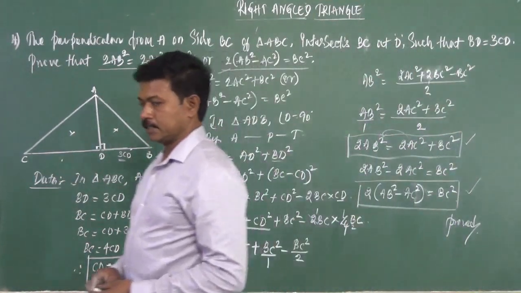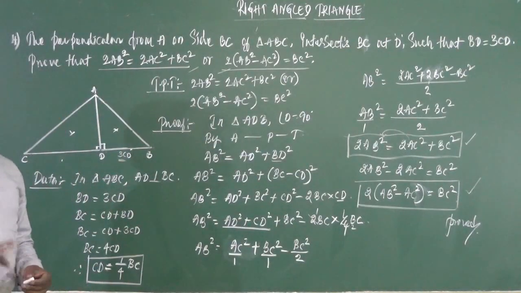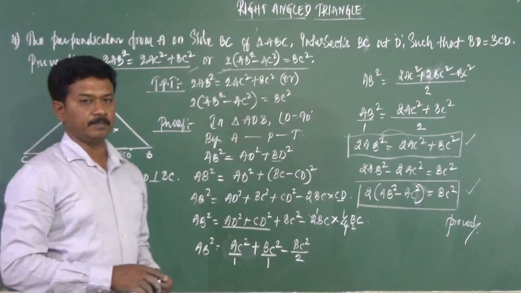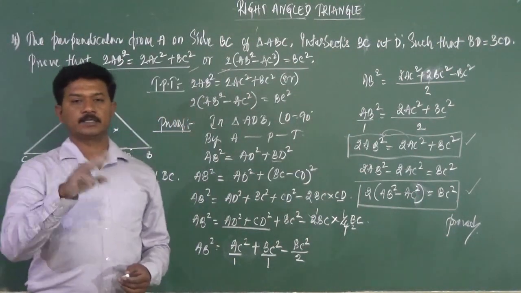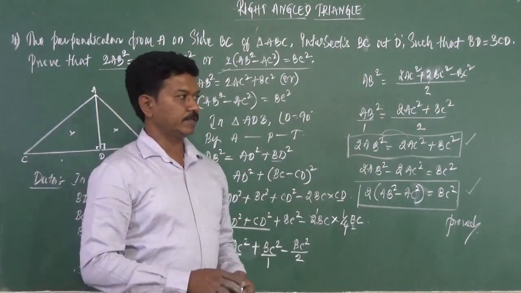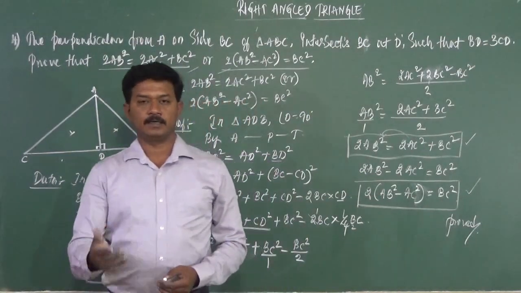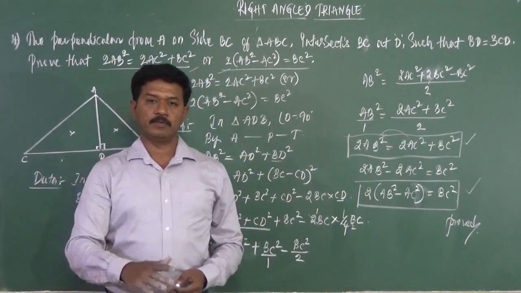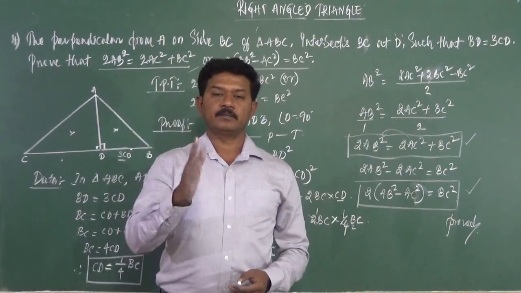So with this I would like to conclude the session today. All the 4 riders done today are very, very important. You have to practice the 2 marks 2 riders and 3 marks 2 riders we have solved in this session. In tomorrow's session we will be going with some more 2 or 3 remaining riders. Along with that we will be going with very, very important application problems on Pythagoras theorem.